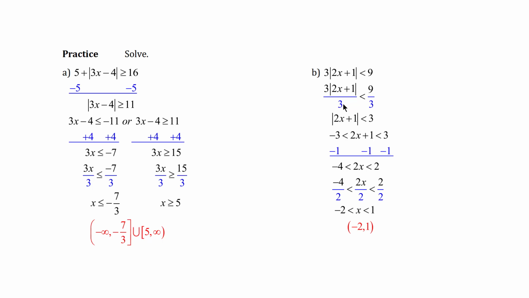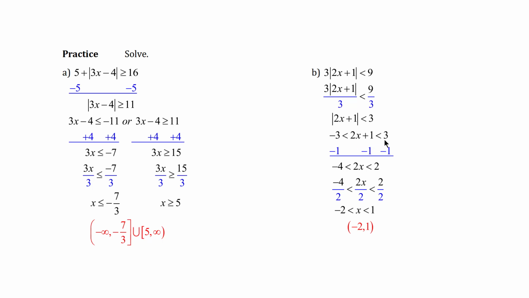Simplifying the left-hand side, the 3's will cancel out and we bring down the absolute value of 2x plus 1. On the right-hand side, 9 divided by 3 is 3. So we get the absolute value of 2x plus 1 less than 3. According to the second rule, we could write our absolute value inequality as negative 3 less than 2x plus 1